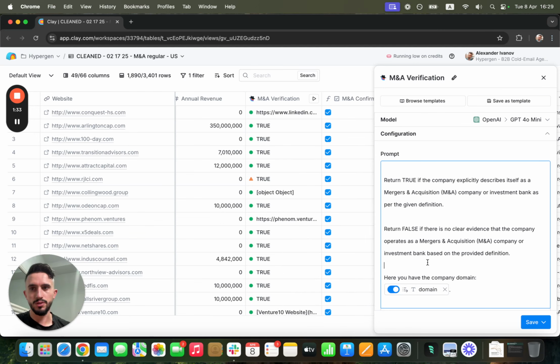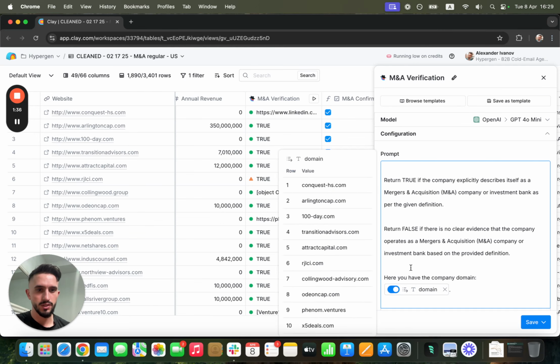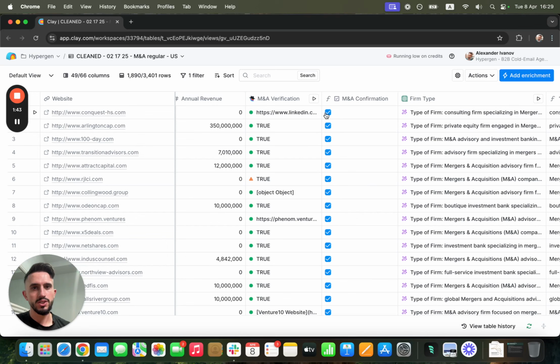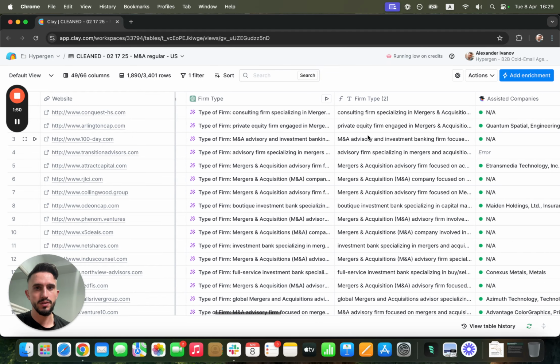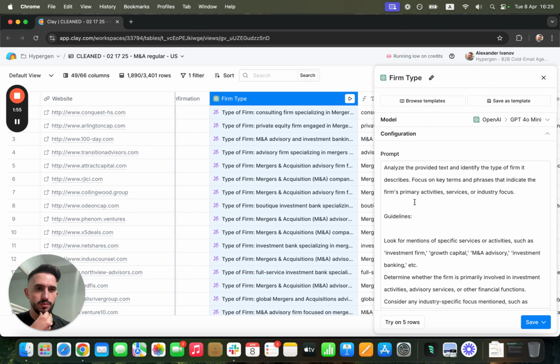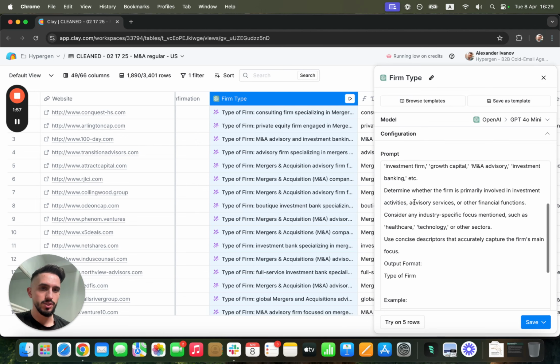When you're uploading the list here, you'll see there's a domain section. Just upload that, and once you run it, you'll be able to get the output. Here I've just hidden all the nulls, but every time it's a yes, it's gonna be a check mark.